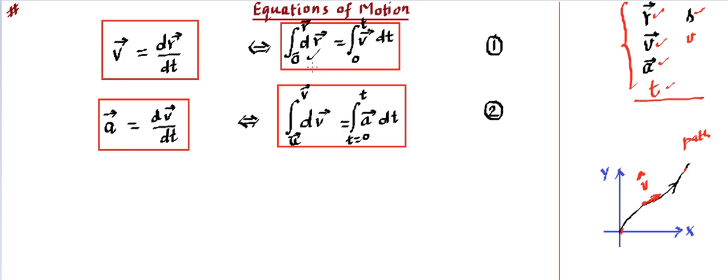On the left hand side the limit will be of position, and on the right hand side the limit will be of time. Generally we start time from 0, so from where we start observing, that's our initial time, and at any time later that becomes the variable time. Okay, so these two equations are capable of describing the entire motion of any particle, no matter whether the particle is moving in one dimensional, two dimensional, three dimensional, or multi-dimensional, or any dimensional. So these two equations are justified and competent to solve all the questions.